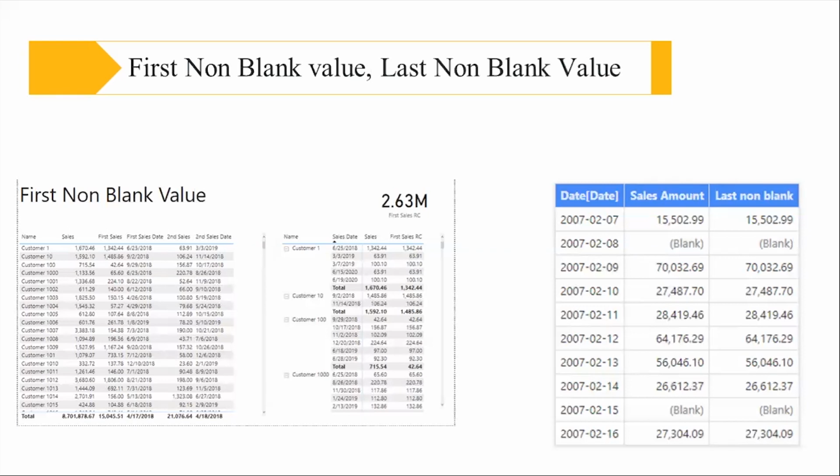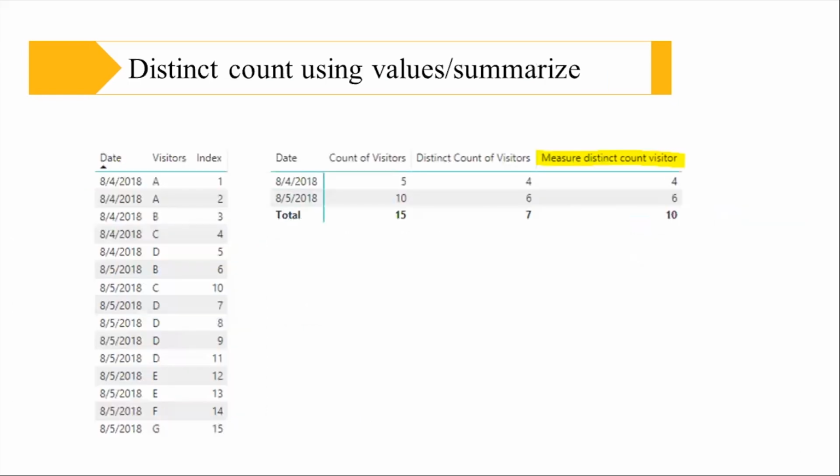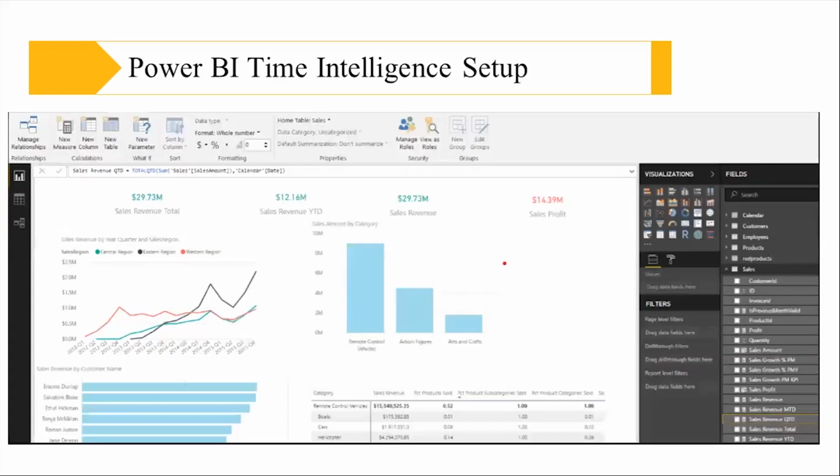Then if you want to have a non-blank value in the first or a last non-blank value you want to search for, you have a formula over there from which you can connect. I told you about the distinct feature. You can measure the distinct from any of the words or anything. Now there is